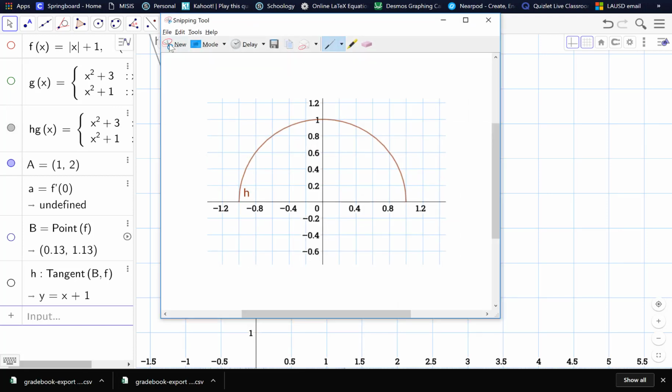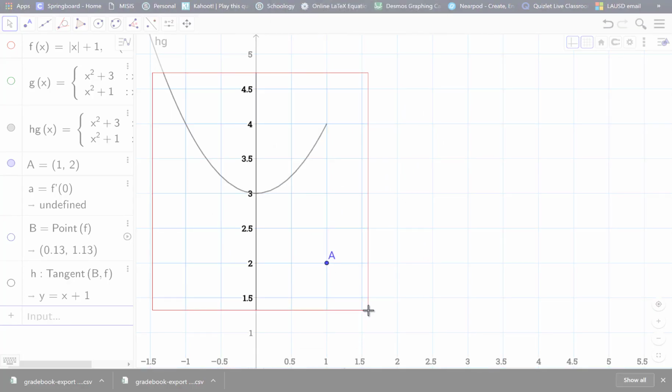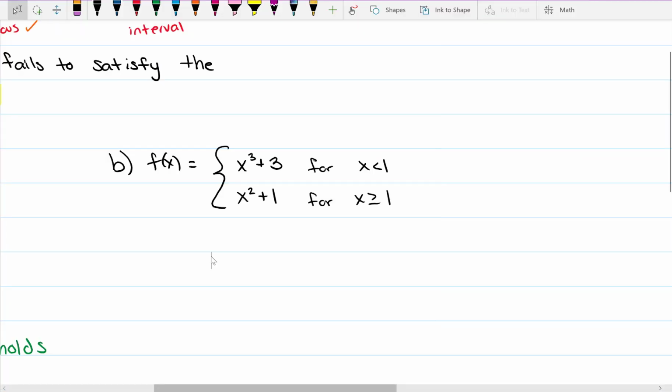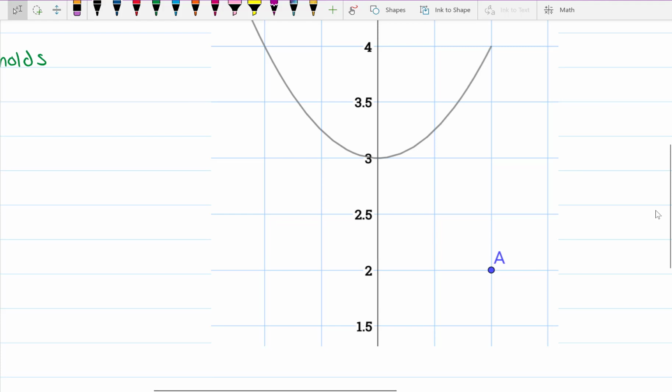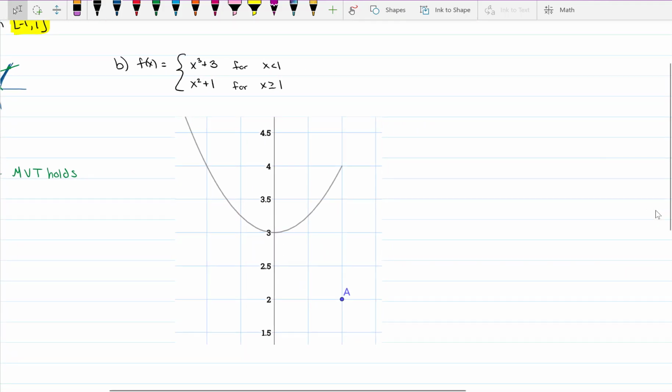And I'm going to put that in the notes so I can do a little editing with that. So you'll see that right here, the graph